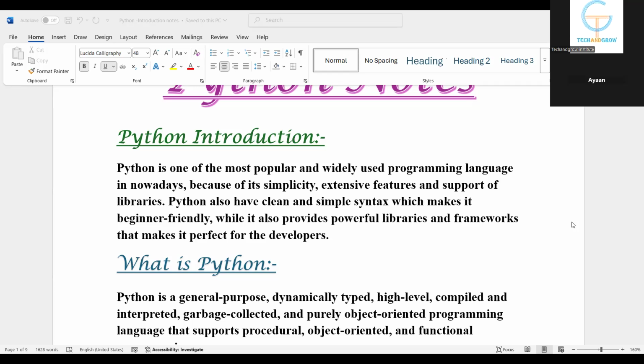Python code is one or two lines, in comparison to other coding languages like Java, where we have so much lengthy code, right? But in Python, in a short way, we can express what we need, right? Clear? Yes. Which makes it beginner friendly, while it also provides powerful libraries and frameworks that make it perfect for the developer. Developer, that means,